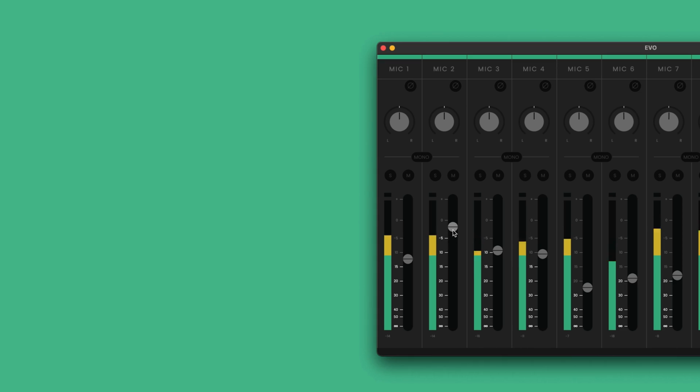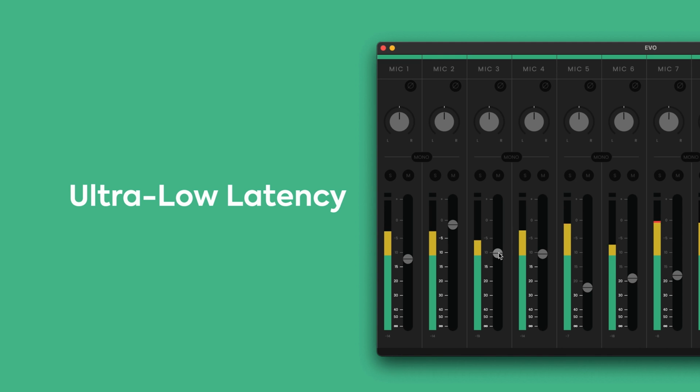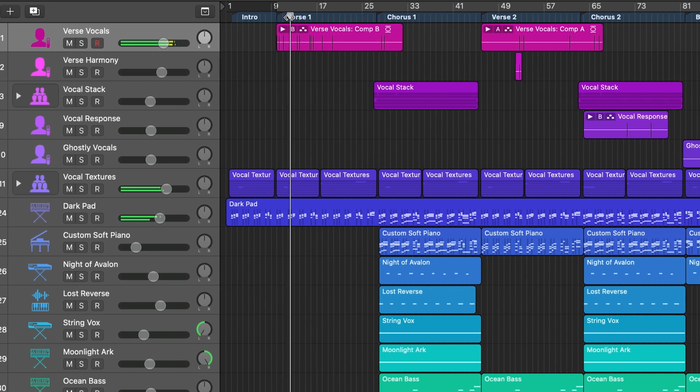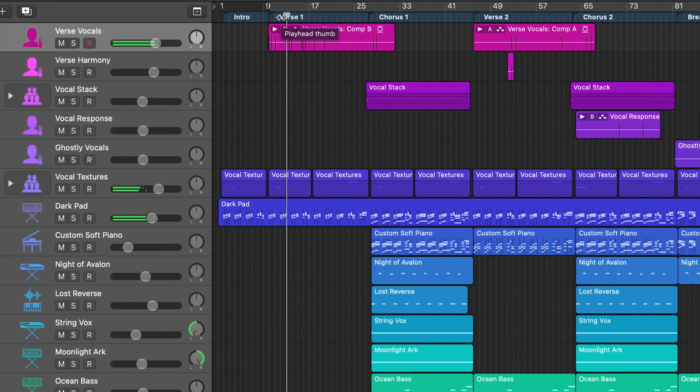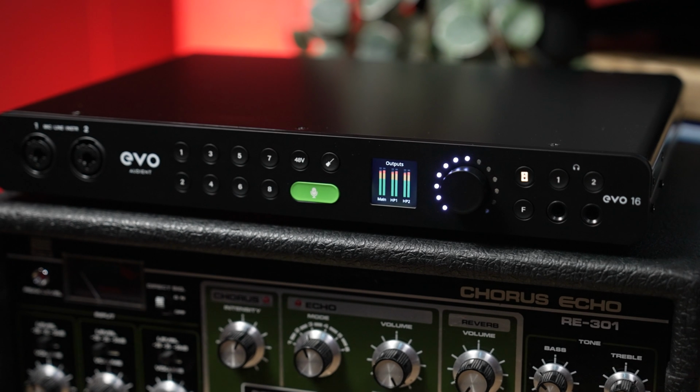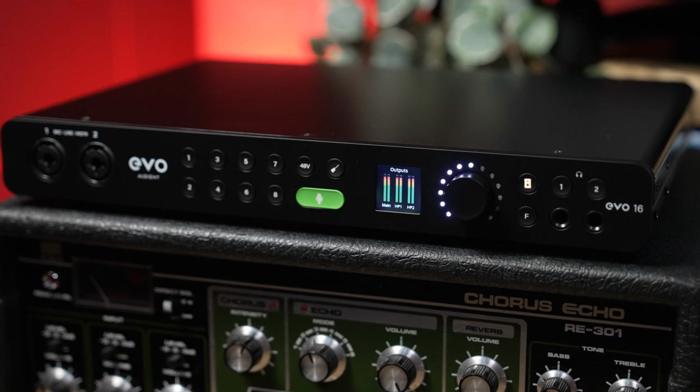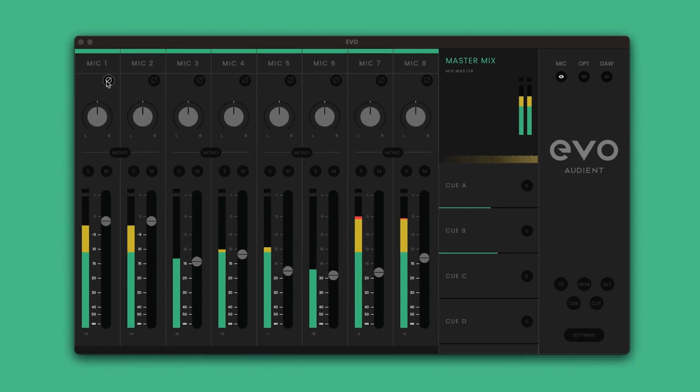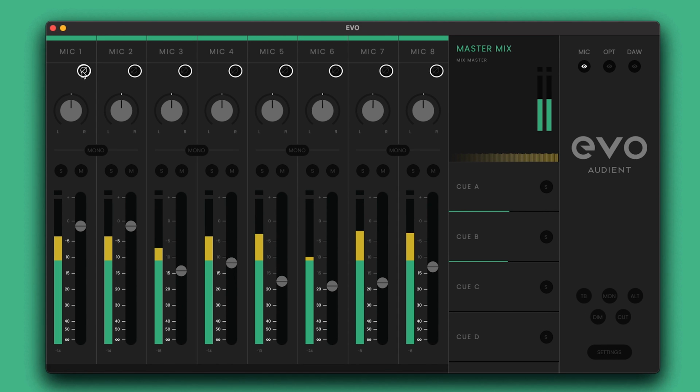When turning up one of the inputs, you're making use of the ultra-low latency monitoring, meaning you can listen to your live inputs directly from the interface without your audio passing through your audio software, which can sometimes cause an audible and distracting delay. There are a few other features on the channels to help with your workflow. On the analog and digital input channels, a polarity reverse button can be found below the naming strip for dealing with phase issues caused from using multiple microphones.